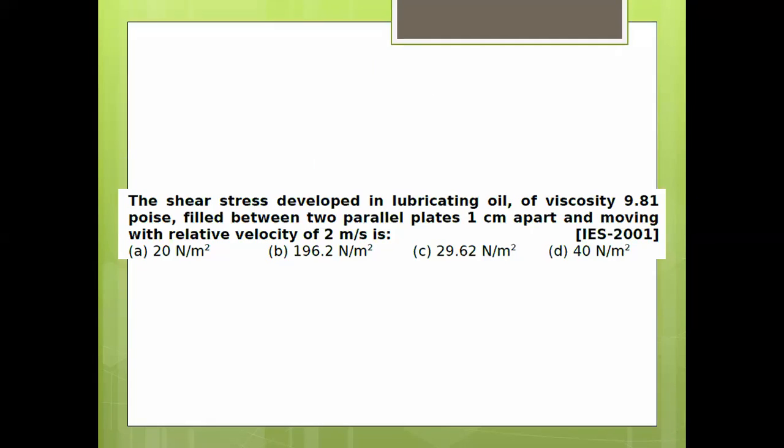The shear stress developed in lubricating oil of viscosity 9.81 poise, filled between two parallel plates 1 centimeter apart and moving with a relative velocity of 2 meter per second, is